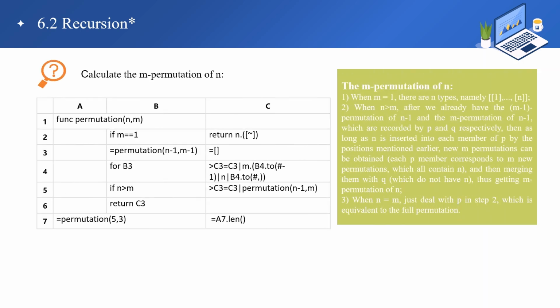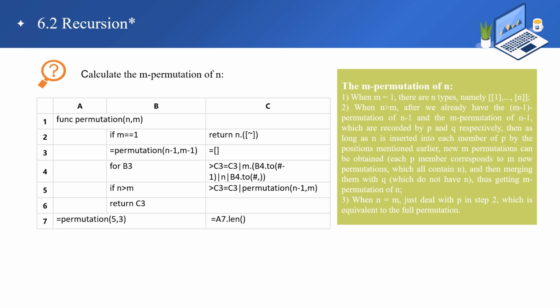Let's change the problem again, calculating the m permutation of n, that is, select m different numbers from 1, 2, until n to arrange. There are two parameters in this case, and the situation is a little more complicated than just now. Similar to the Fibonacci sequence, we need to call the recursive function twice. 1. When m equals 1, there are n types, namely 1 until n. 2. When n is larger than m, after we already have the m-1 permutation of n-1 and the m permutation